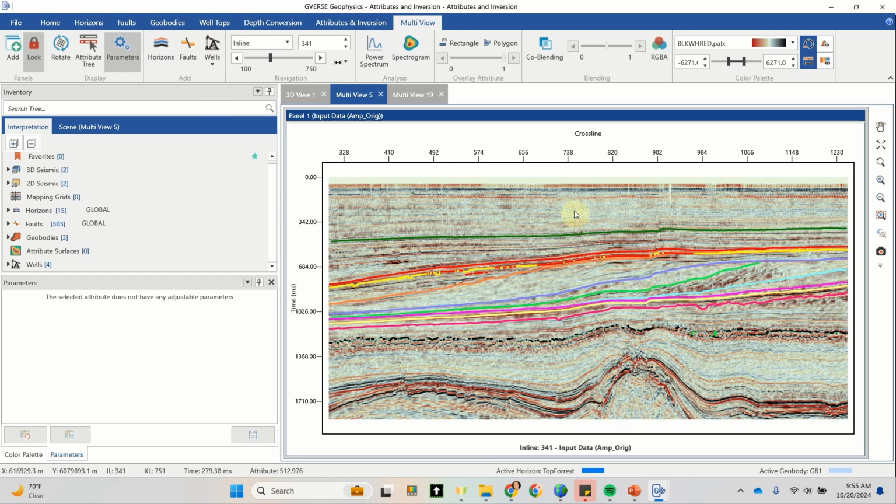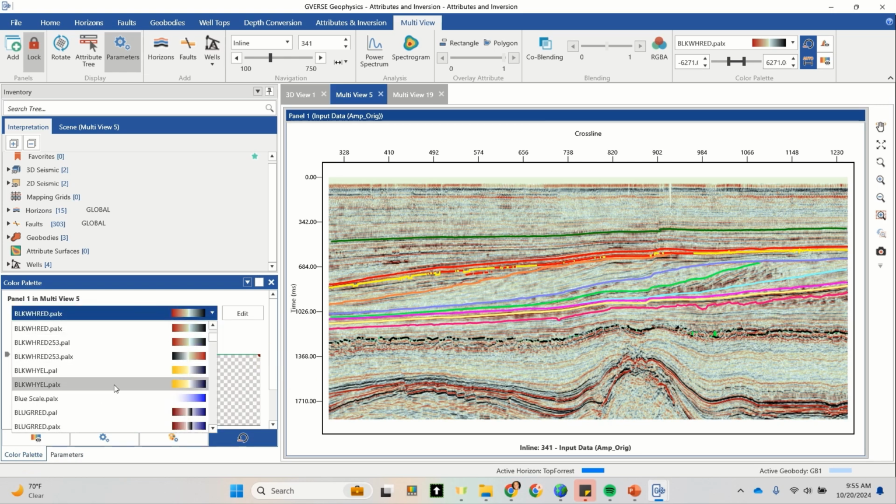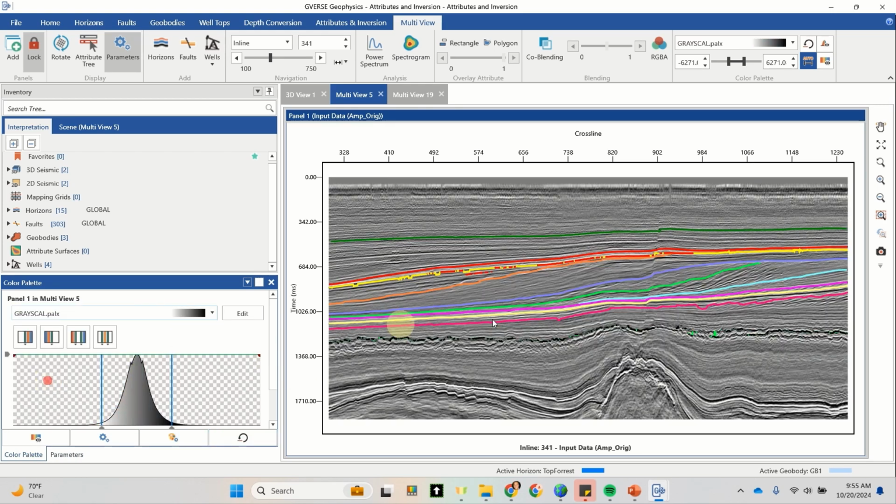Now in order to view my horizons a little bit better, I can quickly and easily come change the color palette of my seismic to grayscale. Now once I've made that switch, the first thing that pops out to me is this salt dome-like feature down